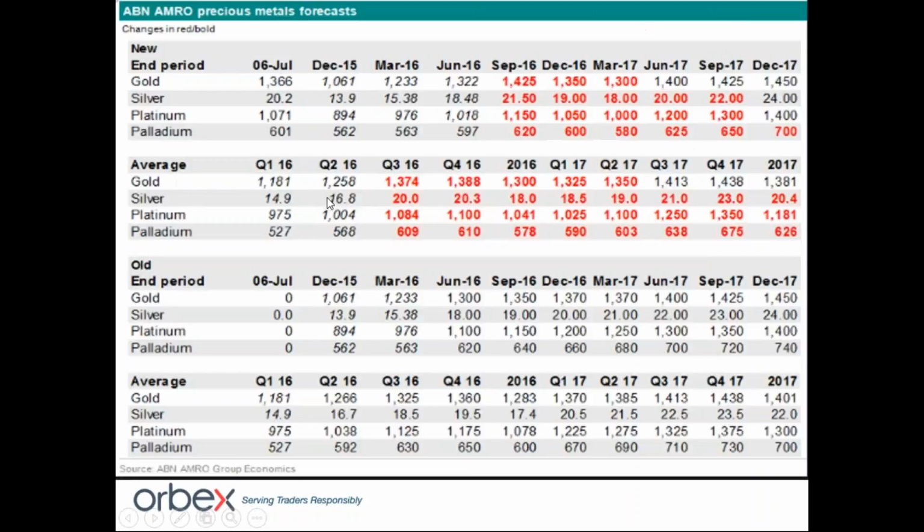Okay, let's see. This one here again with ABN AMRO, and you could look into this area here from December 16, 2016, December to March, this area here. As you can see, they're expecting the 1350 area to 1300. So 1280 to 1300 is sort of the average of most banks' prediction for December right up to March. Okay, that's on average. This one here is a bit on the high side, but this is what we talk